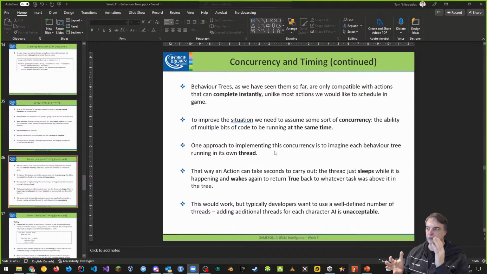The ability to do multiple bits of code running at the same time, or like we say, where each behavior tree runs its own thread, if you will. And that way, an action can take some seconds to carry out. The thread just sleeps while it's happening and wakes again to return true when the action is done, as an example. And this would work, but typically,